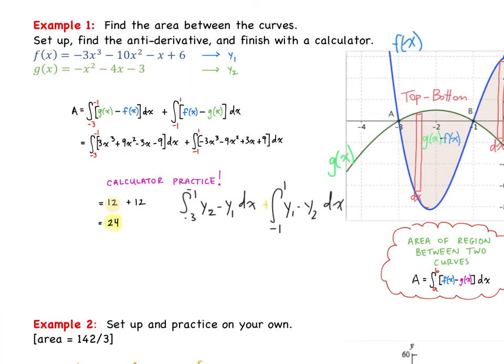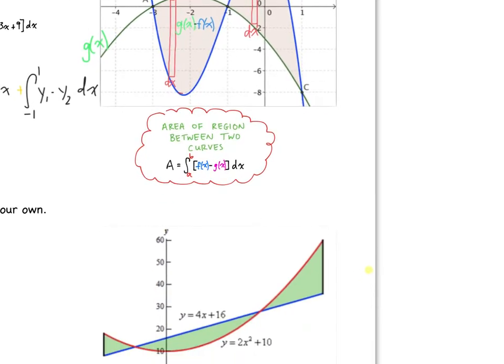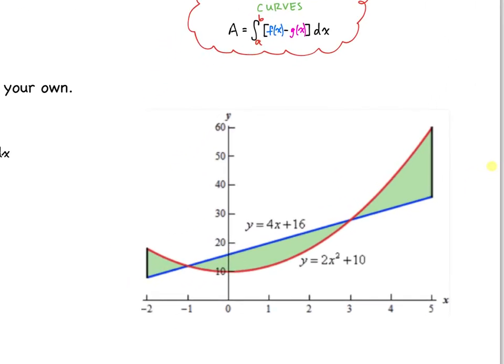I want you to take a look at example 2, and see if you can set it up on your own. One thing we should look at is this graph, okay? If you let y equals 4x plus 16 go into your y1, and your y2 can be 2x squared plus 10. We want to find the area between these curves, but what we should notice is now there are 3 different portions. So if you're drawing a rectangle between these,